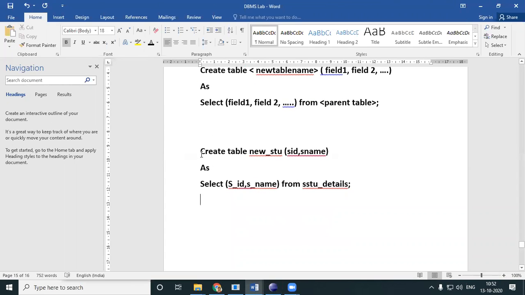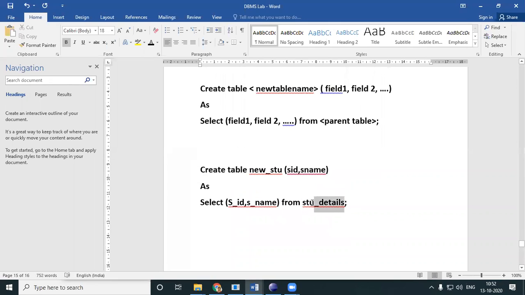Okay, so this is the new table which I'm creating. It will have only 2 fields, SID and SName. From where are you taking it? You are taking it from the old table, the parent table, STU details. Which all fields are you planning to take? You are planning to take the fields S_ID and S_name.